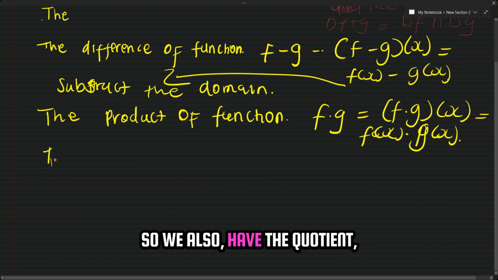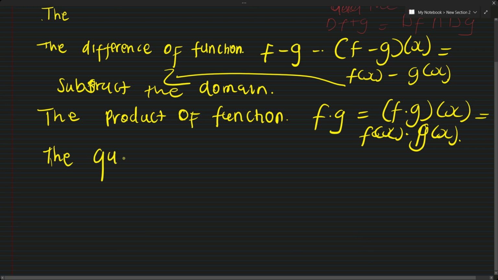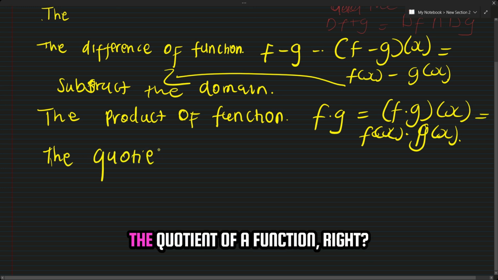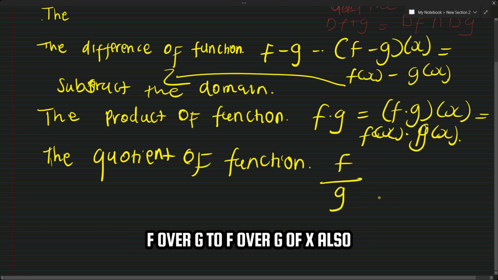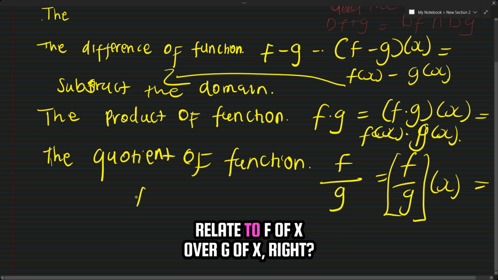So we also have the quotient of a function, right? Which is f over g, which relates to f over g of x, which also relates to f of x over g of x,